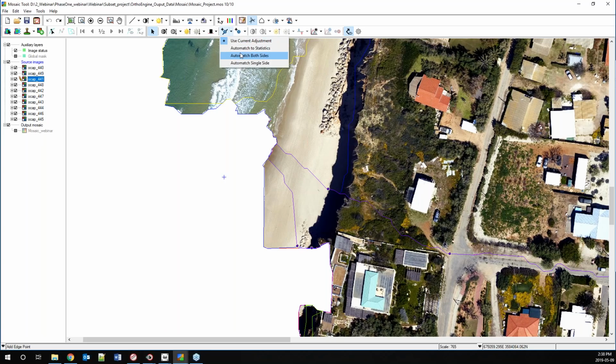We can either auto match to both sides, which will look at the pixel values from both images and auto match and blend both images together, or just do it for the single image by taking the statistics from the surrounding images. For this instance, I'm just going to choose auto match to single side and click, and we can see there's already been change. And I'm going to remove all the cut lines just so we don't see them, and we can see how